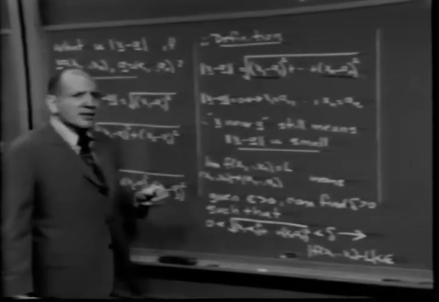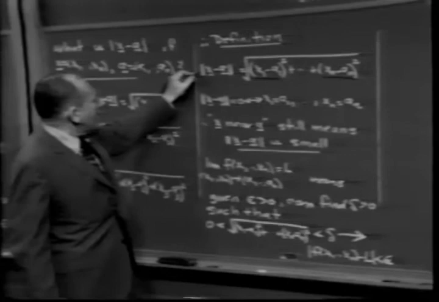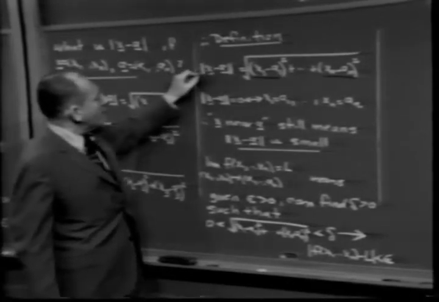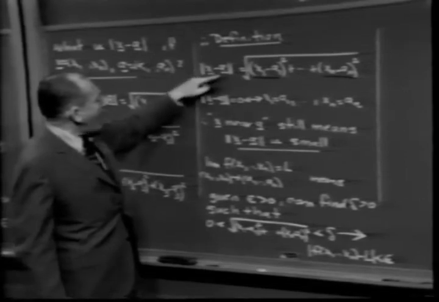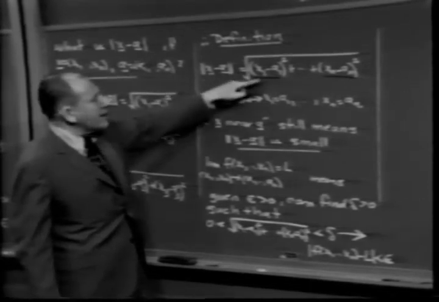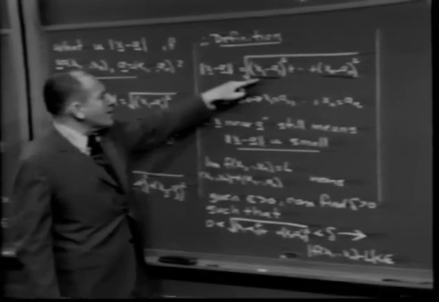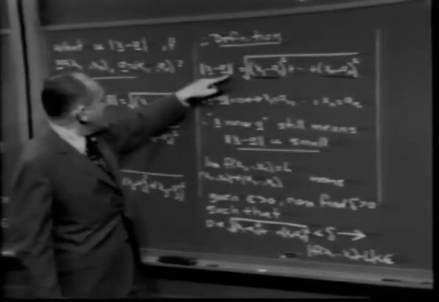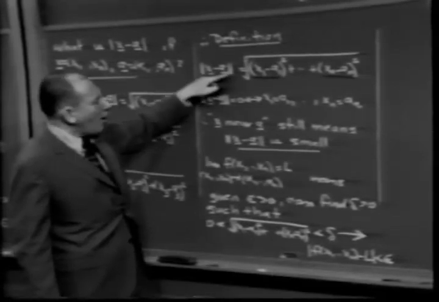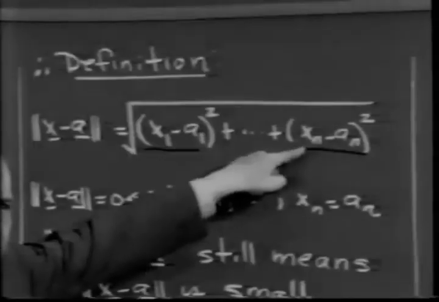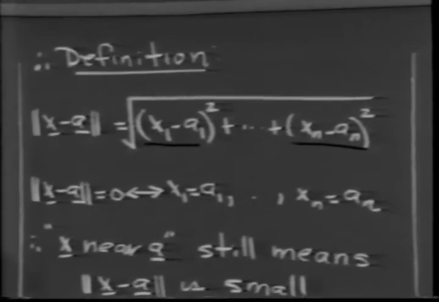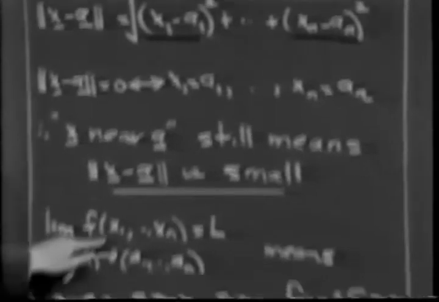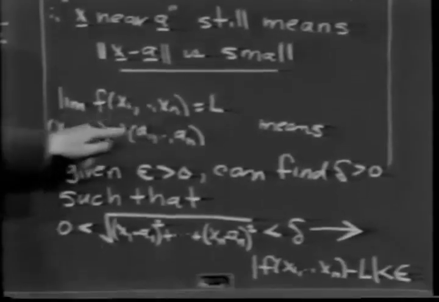And in fact, except for the fact that we can capitalize on structure, notice that once we define the magnitude of the difference between two n-tuples, do you notice that, by the way? The magnitude of the difference of two n-tuples is a number. Notice now if we replace this fancy phrase, which we didn't know the meaning of before, but which we now know, by its new definition, we obtain the traditional definition of limit, namely the limit of f of x1 up